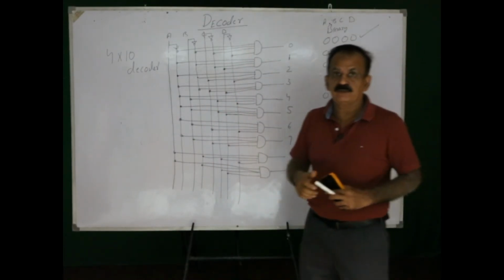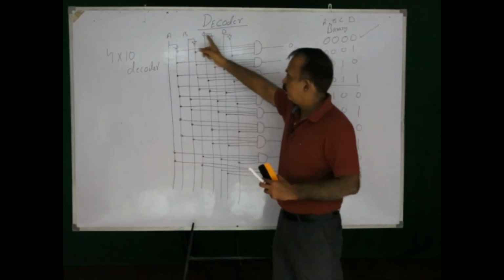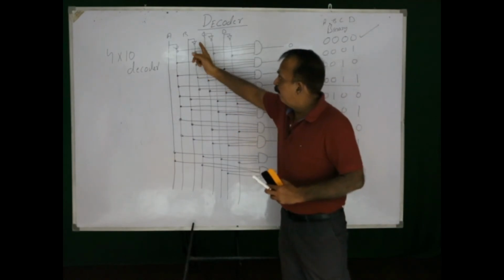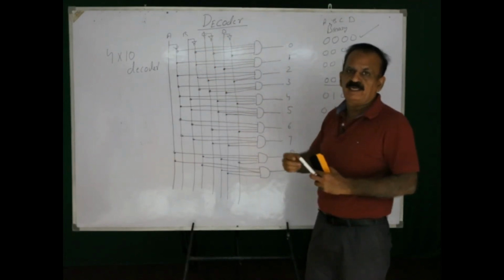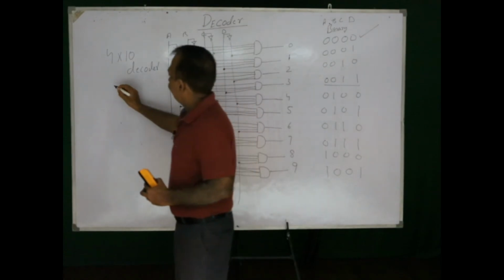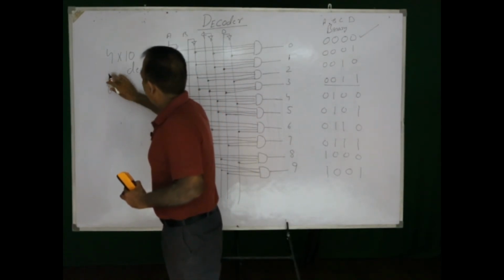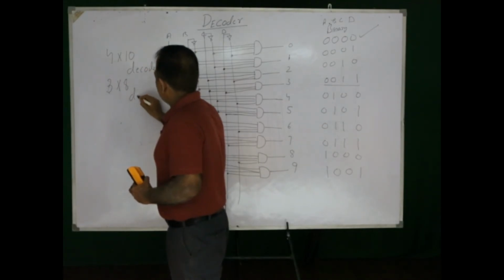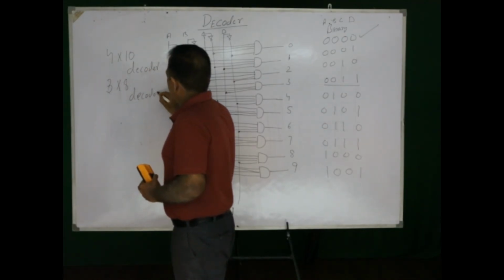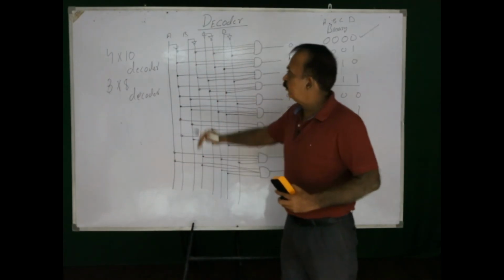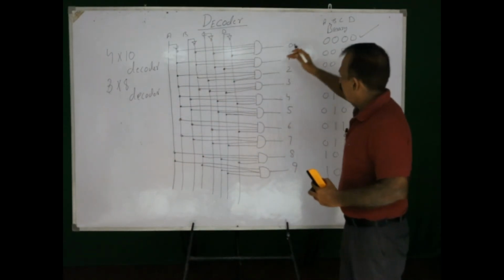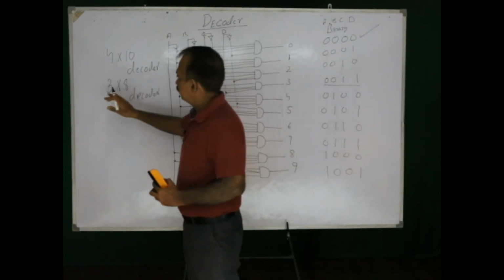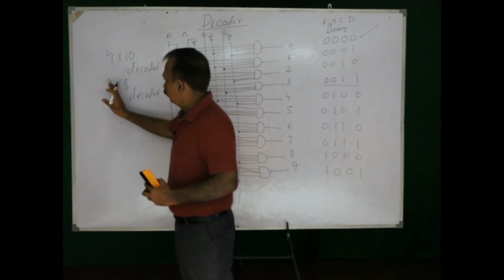Why is it 4 by 10 decoder? Because the inputs are 4 and the outputs are 10. This is binary to decimal decoder. I hope we can have 3 into 8 decoder. Now what should be there? I said 3 into 8, that means 3 inputs and the outputs will be 8. I hope this is very clear. This will be binary to octal